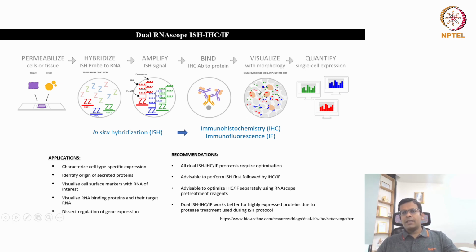And then you can see your proteins labeled with the antibodies in one color, and also you can see the mRNA expression pattern. And then with computational analysis, you can count the number of mRNAs per cell. You can also count how many of these orange color cells show the mRNA expression level. Okay. So this is known as dual RNAscope, ISH-IHC, in situ hybridization, immunohistochemistry, or immunofluorescence.